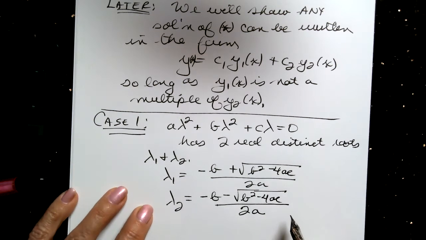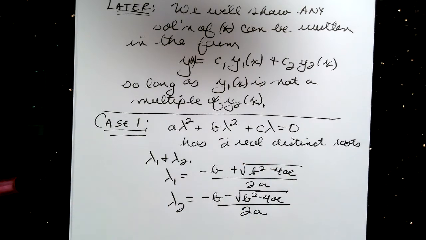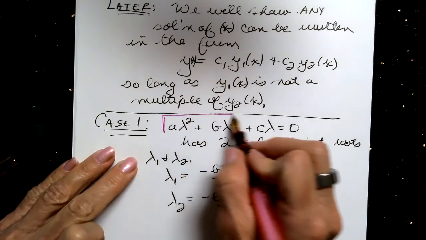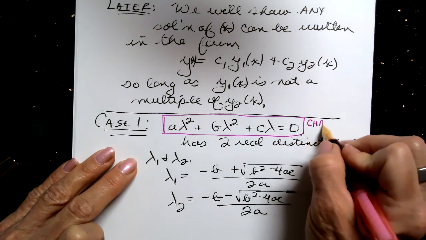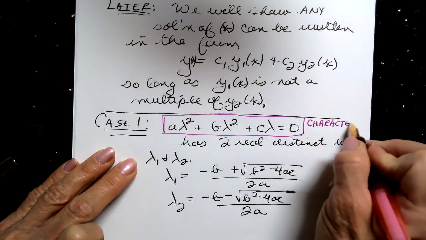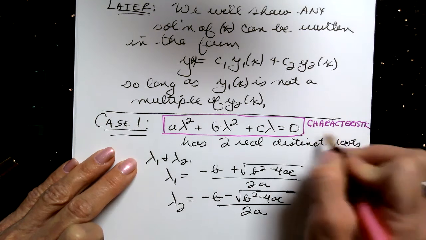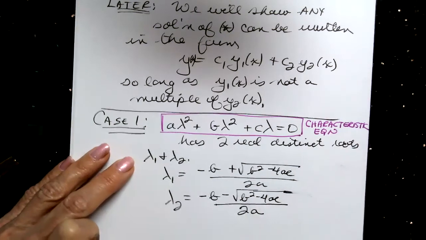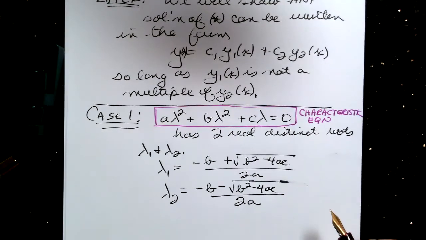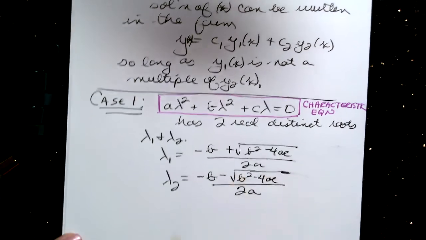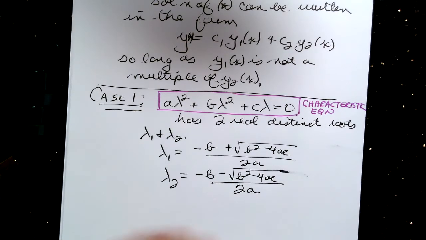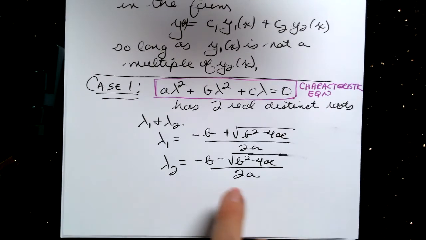Okay. And by the way, this equation, what I call double star before, has a name. It's called the characteristic equation. Okay. So when the characteristic equation has two real distinct roots, that happens when the discriminant's positive. Okay, that is the b squared minus 4ac, remember the term discriminant. Okay, and so when this case happens,